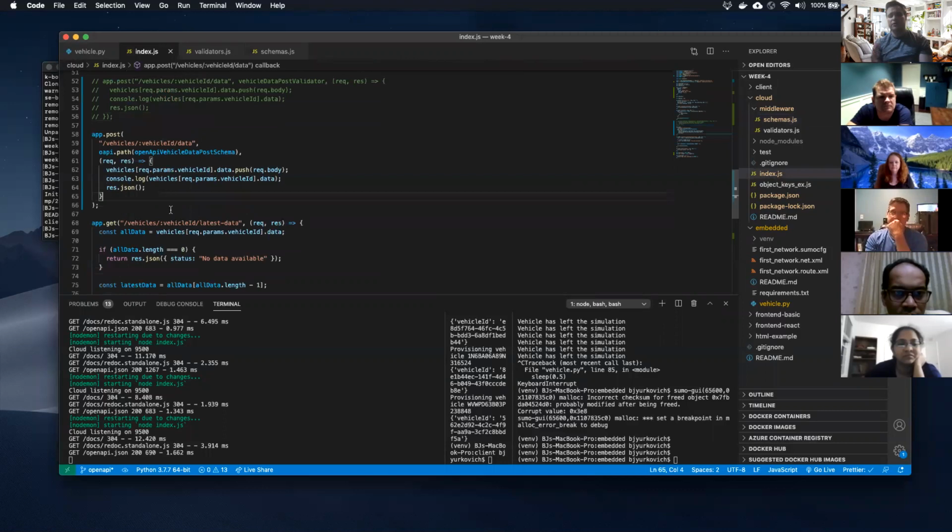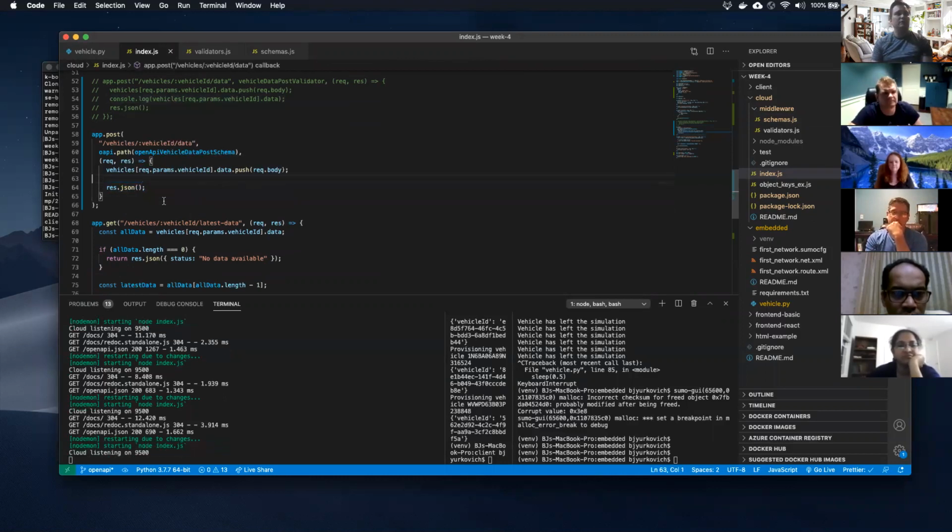But if it's standard, like really standard, especially in this kind of stuff, if I do comments, it's for you guys. But for the most part, this is so obvious, right? Even doing that, it does one thing. You take 1 second, you read, all right, what's this doing? Vehicles, passing a vehicle ID in that object, data, and I'm pushing the request body. Okay, I'm saving the request body array. Why would I put a comment there for that, right?